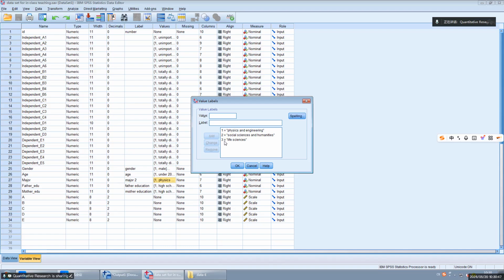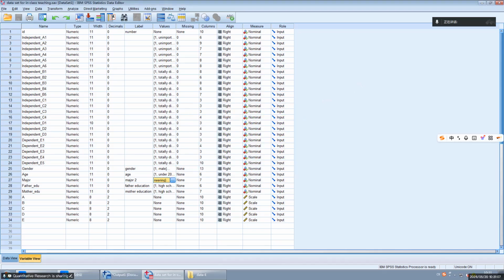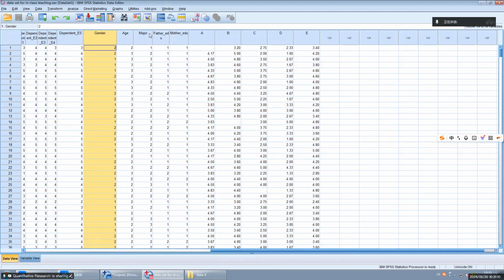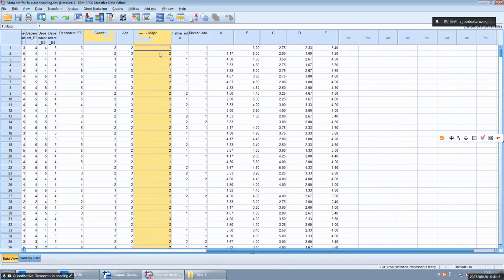For example, major. So in major, we have three numbers. 1, 2, 3.